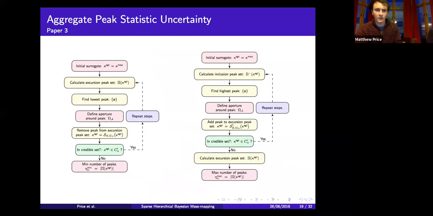So I guess the fourth and final uncertainty quantification is more in the spirit of a global statistic rather than looking at individual features. Something that people typically will compute from a convergence map, you can do it in shear as well, is the peak statistic. So essentially, you have a reconstructed convergence map, you cut at some intensity, and you have the subset of the pixels that are above this intensity. And then within that subset, you further calculate the number of peaks.